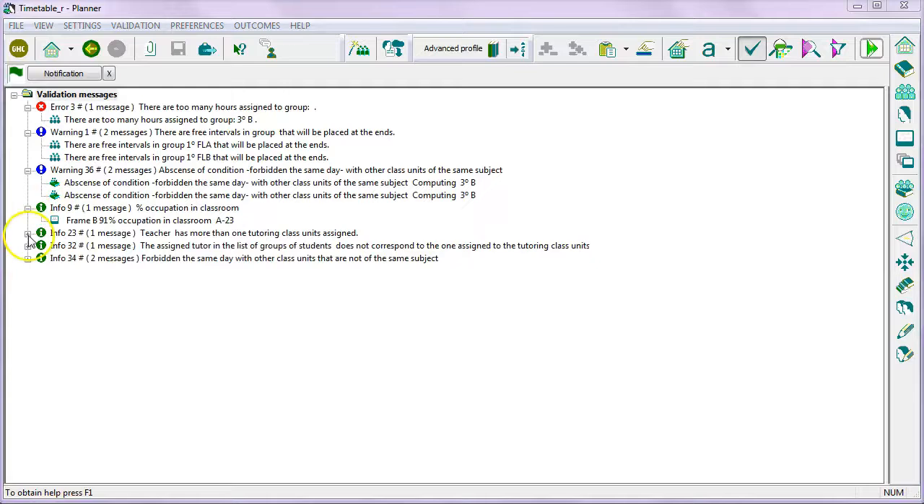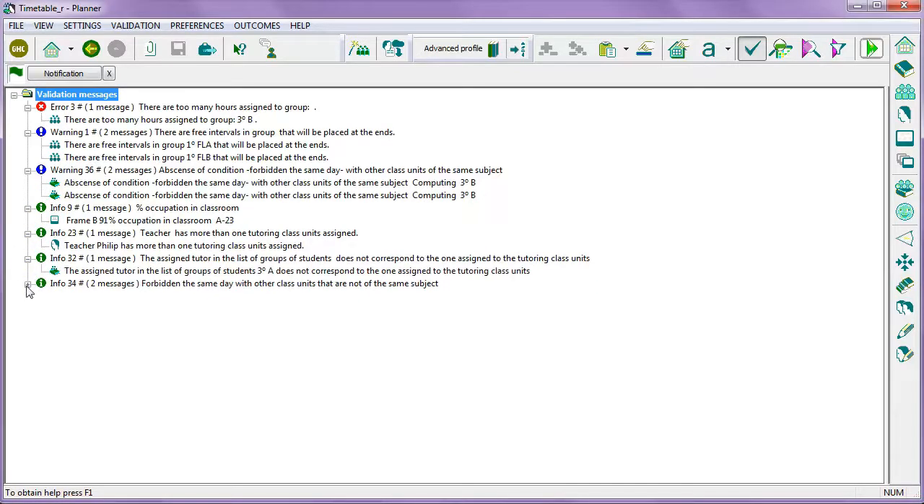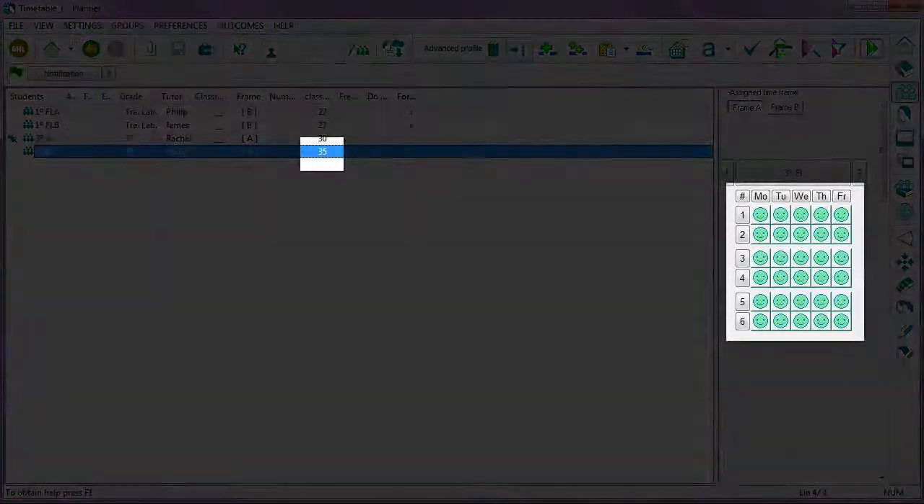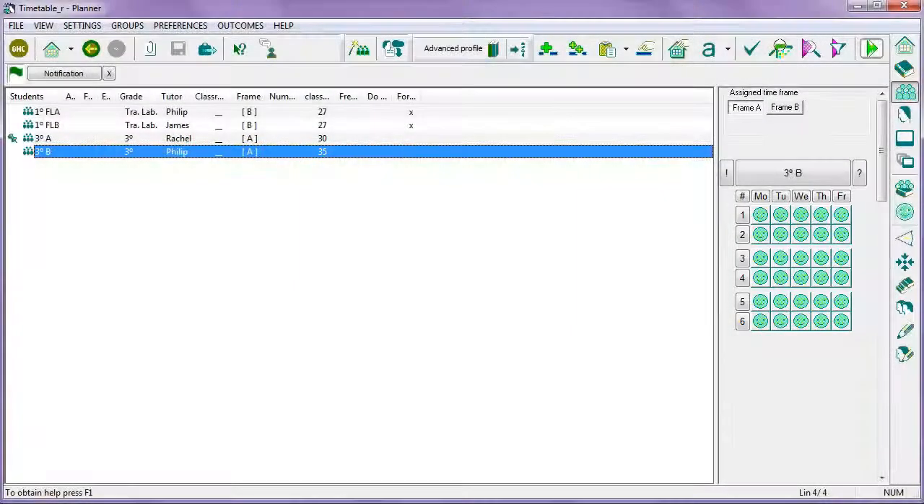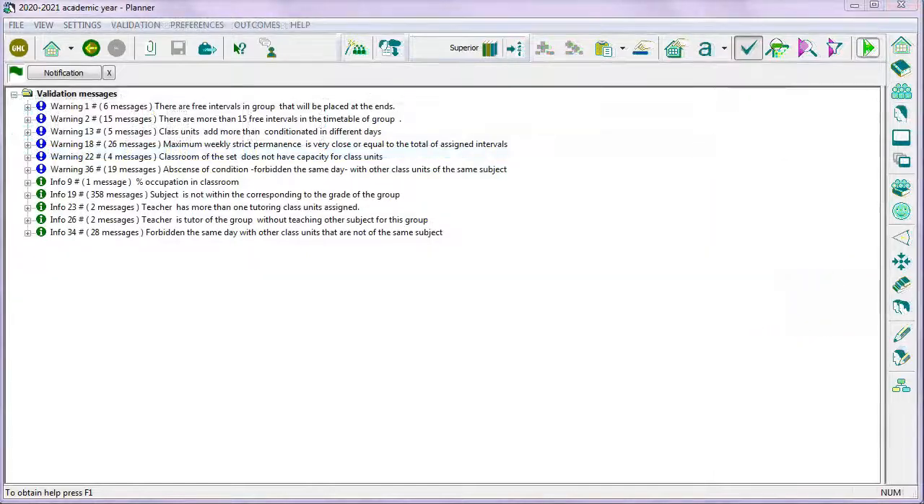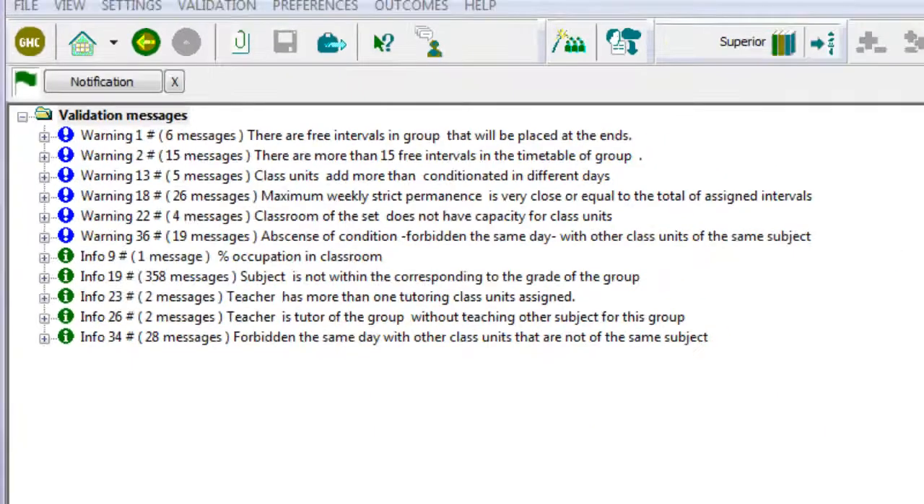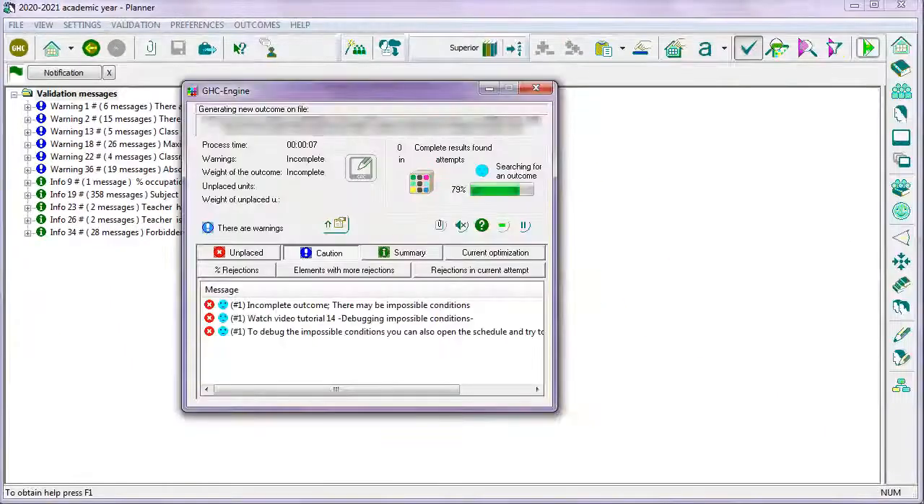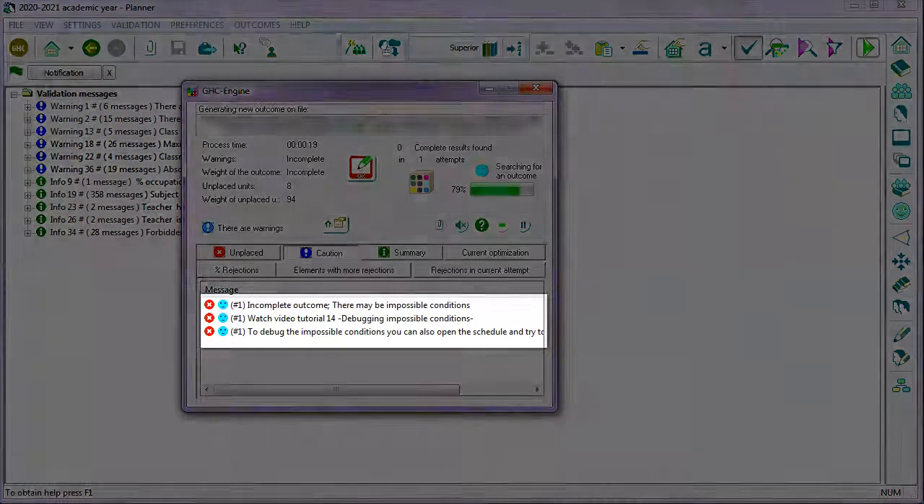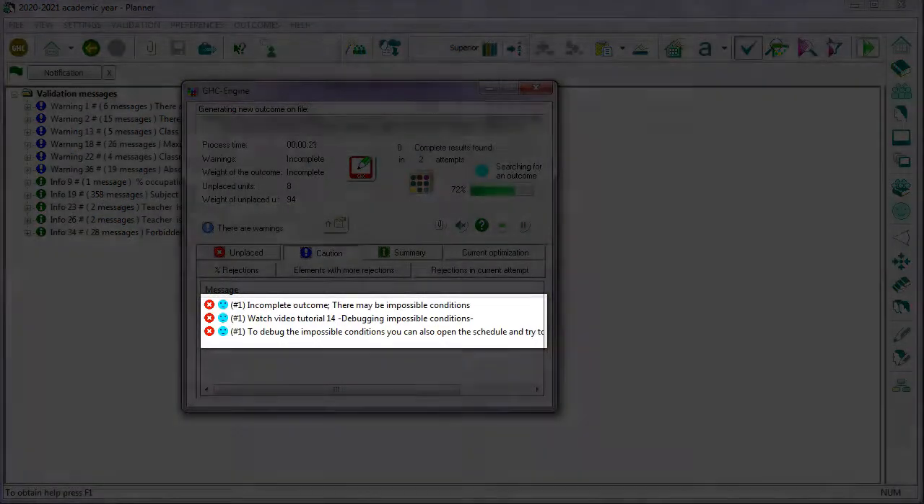The validation process makes a first analysis indicating some of the possible causes that prevent the complete results. For example, that you have created more class units for groups of students than the capacity of their time frame. However, it is not possible to analyze in this way all possible conflicts between conditions that may prevent complete results. That is, finally it's the engine that will tell us whether it is possible to fit the timetable you have configured. Usually, if the engine does not place a class unit in repeated attempts, it is because there are impossible conditions